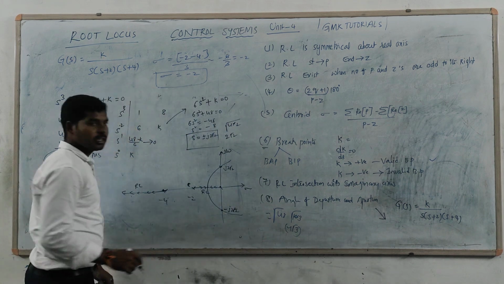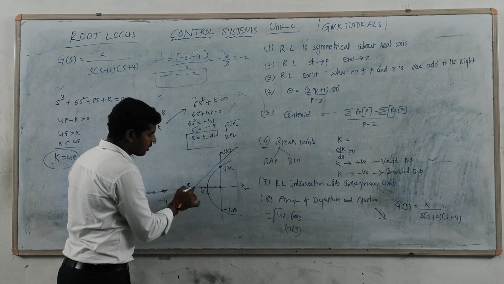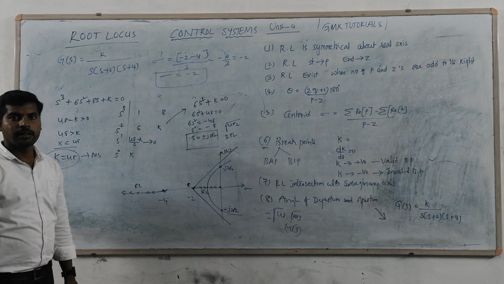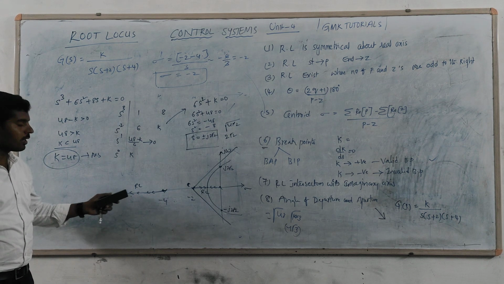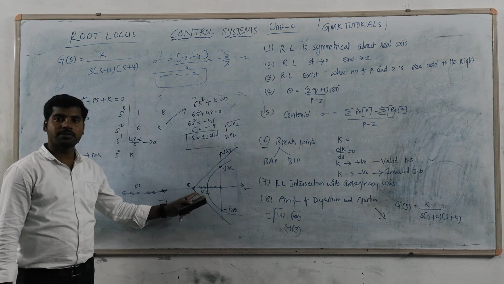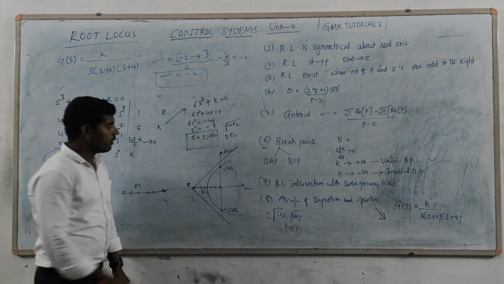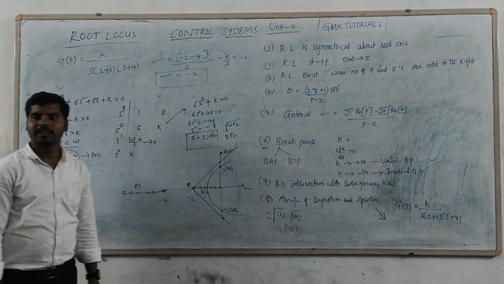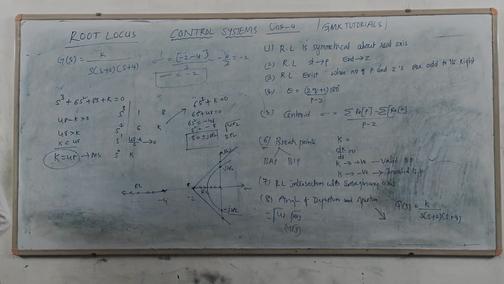That point is, if the centroid, two roots or maybe two asymptotes are moving in this direction, right? So three branches approach infinity. One branch approaches with 180 degrees, one branch approaches with 60 degrees, and the second one approaches with 300 degrees. But which point it may touch? This is also a question mark, right? You will find out all those things.